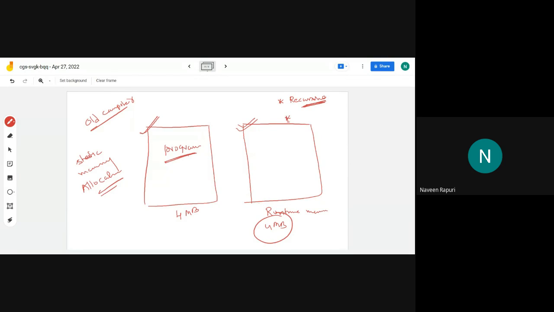Another one is that sometimes we need dynamic data structures. With this older compiler, we can't create dynamic data structures. That's why we moved to